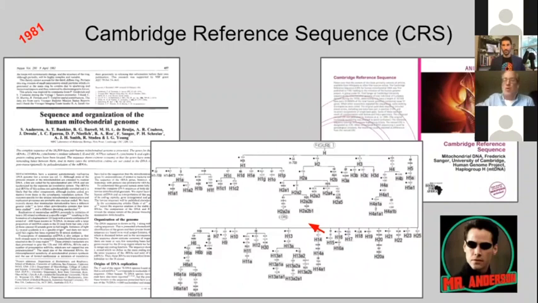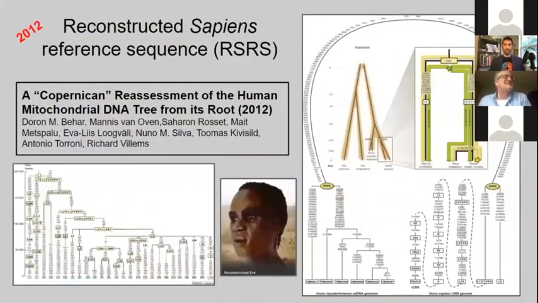We've actually moved more into what we call the reconstructed sapiens reference sequence, or RSRS. People realized that comparing your mitochondrial DNA, relatively derived, it actually ended up being haplogroup H2a and so forth, as it's sort of listed there. It was sort of backwards. Now that we have been able to sequence thousands of people, if we can actually reconstruct what this mitochondrial Eve was, wouldn't that make a lot more sense, and be comparing something to our shared common